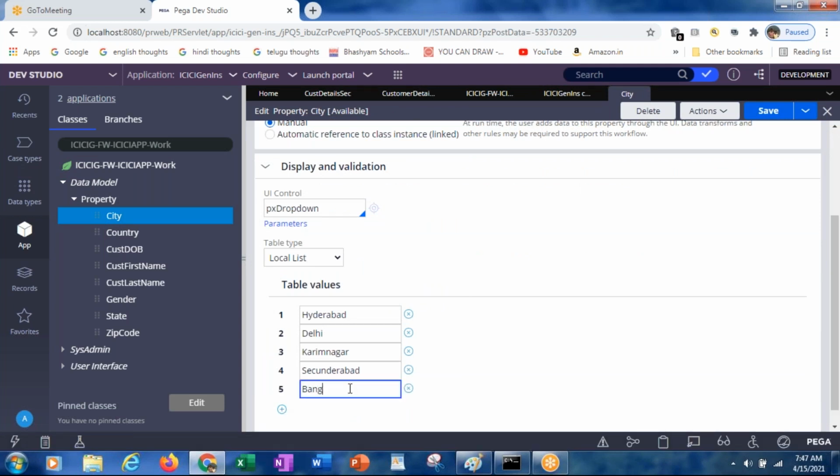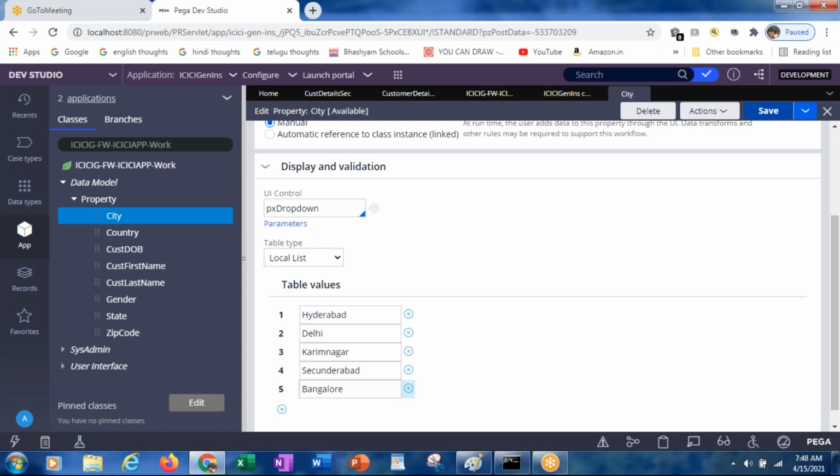Just suppose we want to add more than 10 or 12 values, for city or for anything, for state. There is no way where we can copy paste. Suppose we have a database like a Word file, and we are copy pasting the names of those cities or states. There is no option like that. We have to put it manually only.